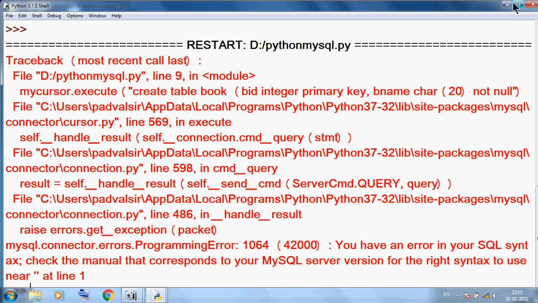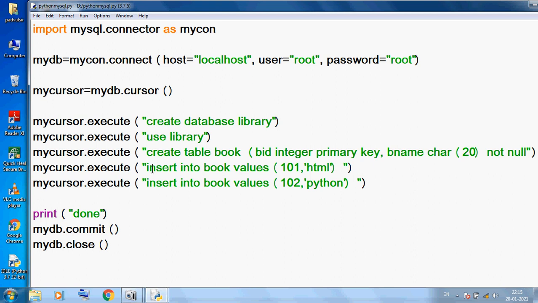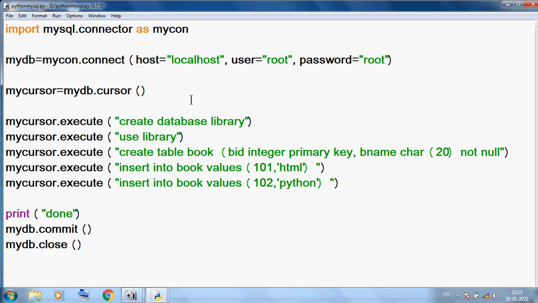So here I want to close this. Here book ID, book name, character 20. So here we can change: create table, book ID integer primary key, book name character 20.